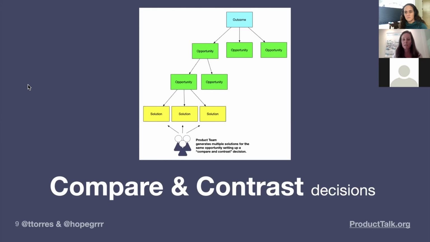I don't think teams should be trying to have a perfectly maintained, up-to-the-minute tree. It is really meant for you to facilitate good decisions and alignment with your teams and your stakeholders to achieve your desired outcome. So it's really about what's the right level of investment for you to keep it up to date so that you're making good decisions.